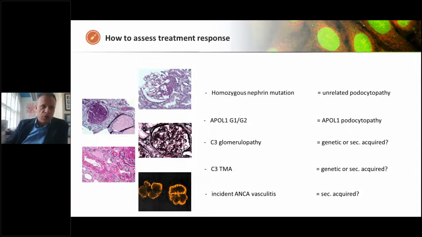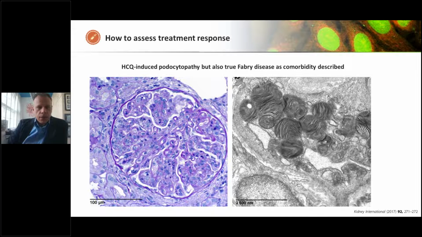If a patient doesn't respond to immunosuppressive therapy, they need another biopsy or other diagnostics, genetics, a second round of diagnostics simply to figure out what's wrong, because usually lupus nephritis responds to therapy. Another interesting point is hydroxychloroquine-induced podocytopathy, shown here in an electron microscopy of the podocytes. This can be a sequela of long-term chloroquine treatment,